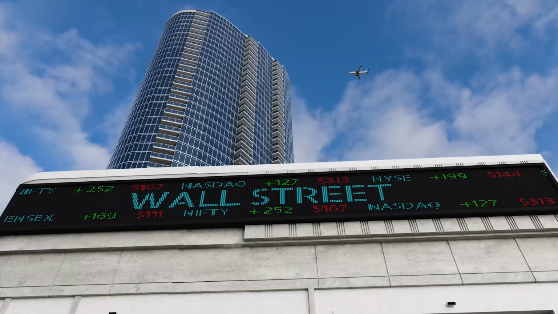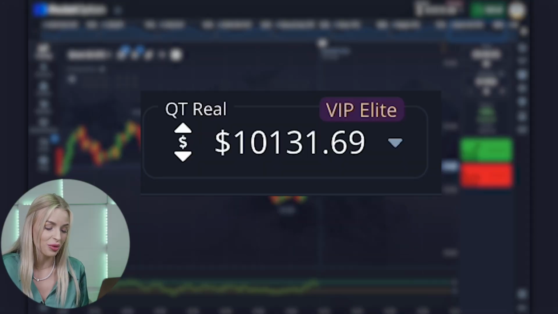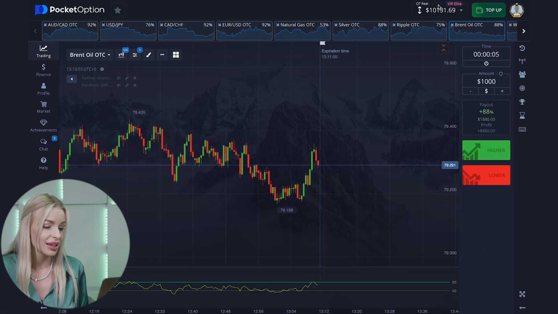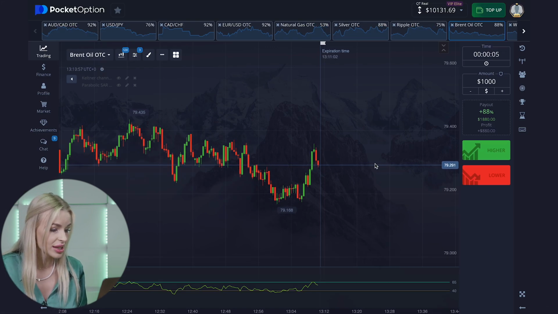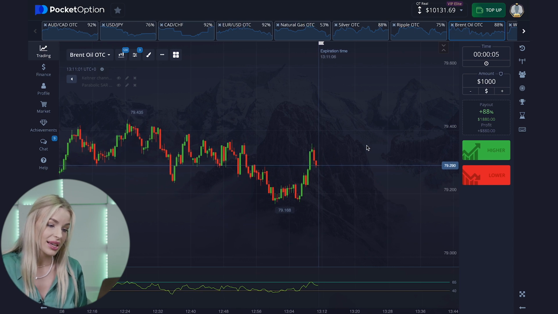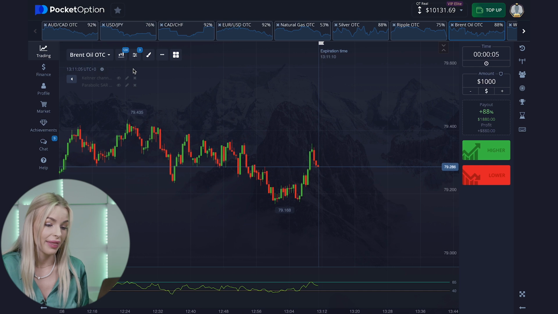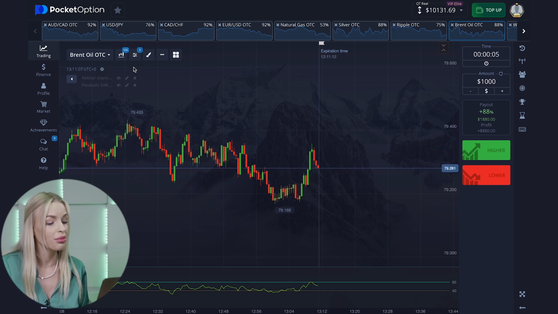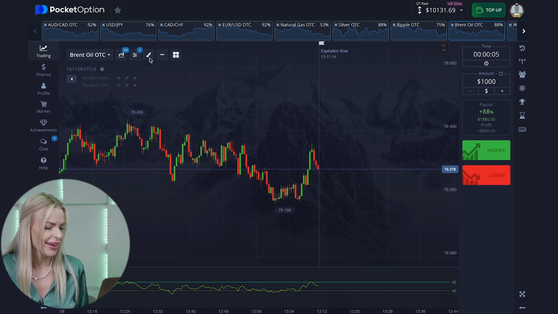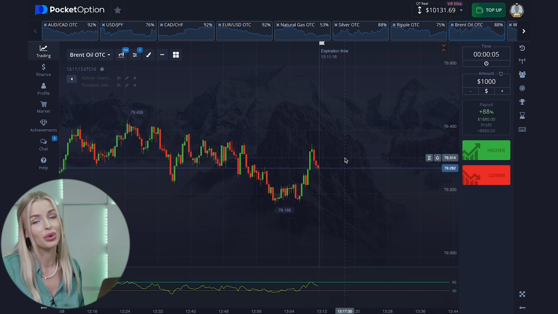Now we will see if the RSI strategy is as great as the Wall Street clerks think. Now I have a little over $10,000 on my deposit. Before testing a few unsuccessful strategies, it was almost $3,000 more because I deposited $12,700 totally. Now we will try to get this amount back into our account. I hope everything works out because I don't want to drop the deposit even lower.